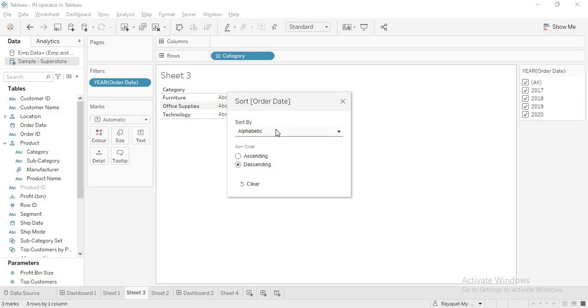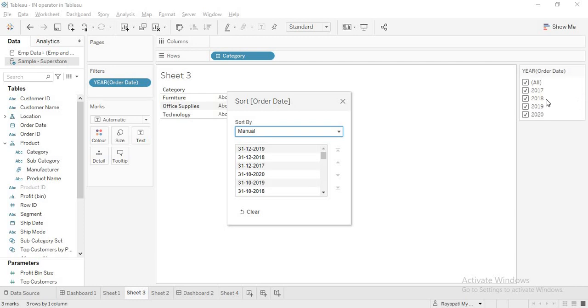See, when I click manual, am I getting years here? No, I'm getting dates. So of all the dates which are in 2017, their year is extracted and put in here. Any sort that you do in here, or even at the manual level like dragging this up here, will that change? No, because in Superstore data you have around 10,000 rows. To change this order, you have to sort the 10,000 rows, which is data source order. You have to go to the level of data source and change the data source order, then it might change.